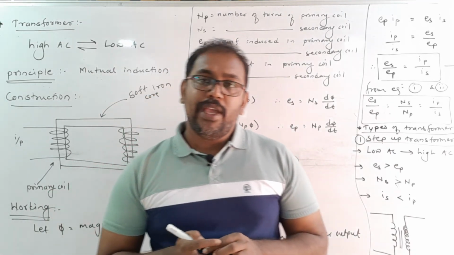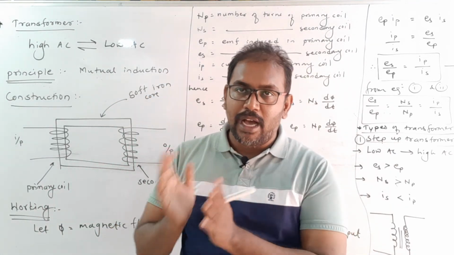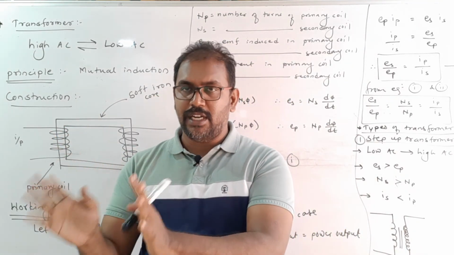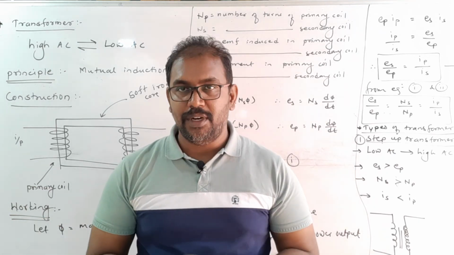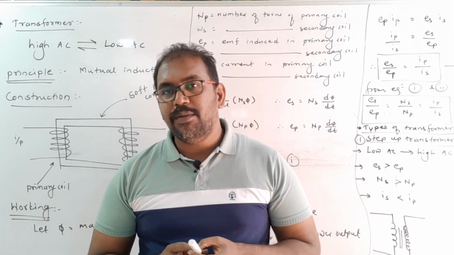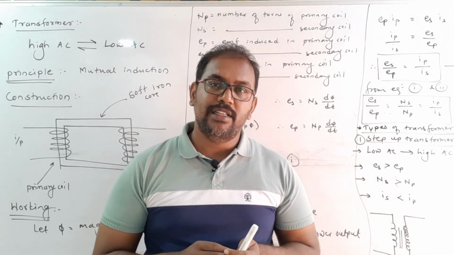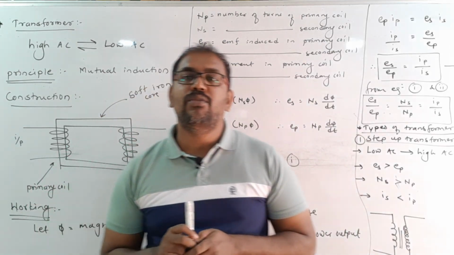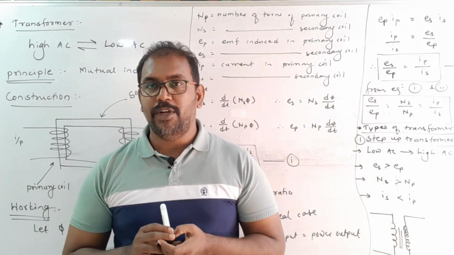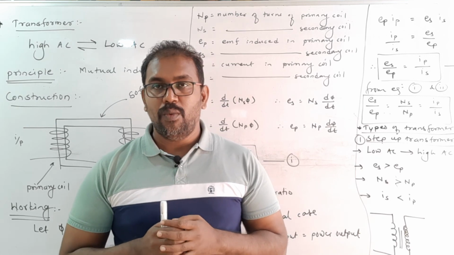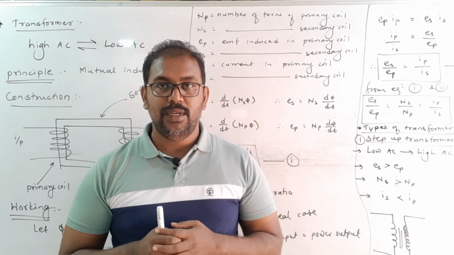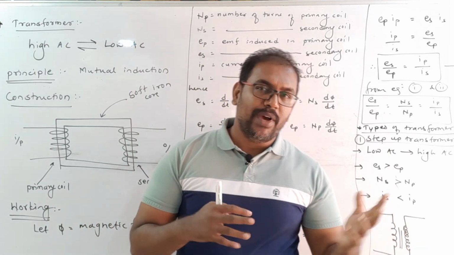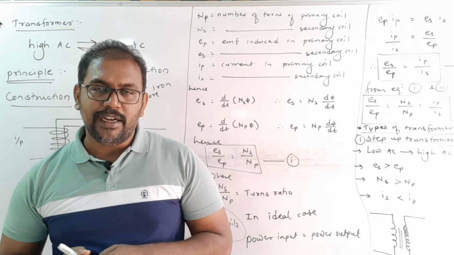Now we use step down transformers in homes and step up transformers in MSCB offices; MSCB transformers are step up transformers. Why do they step up? The reason is that electricity is transferred from one point to another point at a large distance, so we have to use a step up transformer. When we step up, we increase the voltage and decrease the current. Why do we increase voltage and decrease current? I will tell you another reason here.